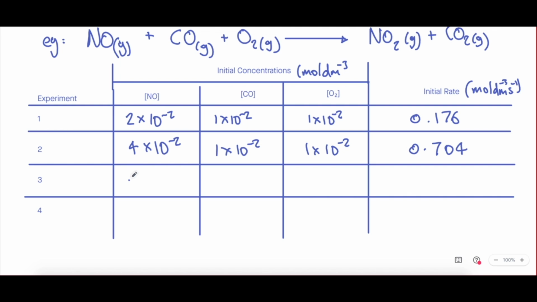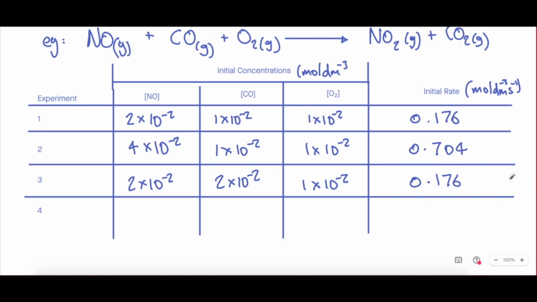Next, we repeat it again, but this time we change what CO is instead of NO. So we'll use the initial value of NO that we used. CO we change to 2 times 10 to the minus 2, and then O2 we keep the same. So everything needs to be kept the same apart from what it is that you're trying to figure out. And that gives you a rate of